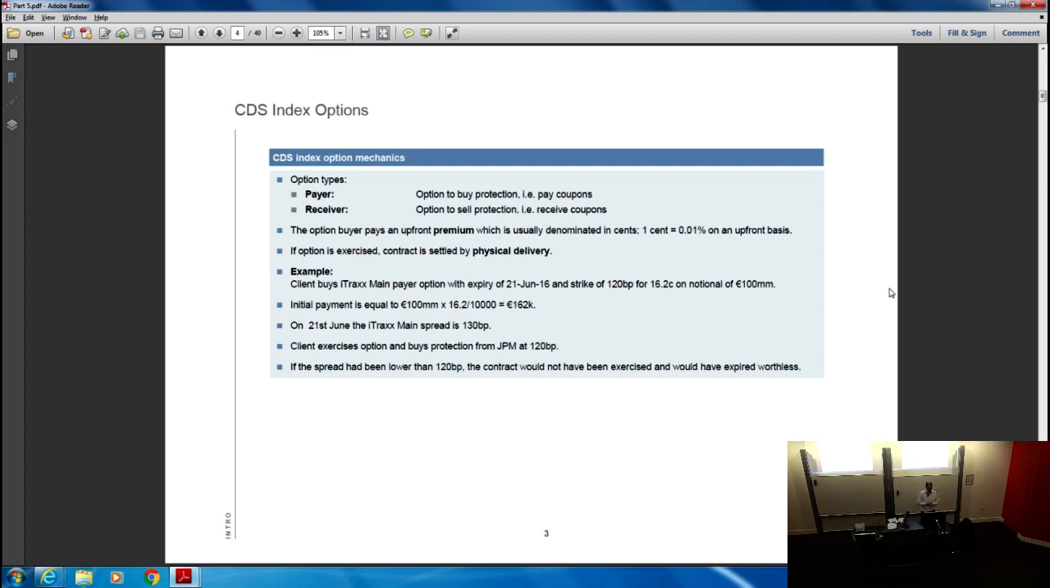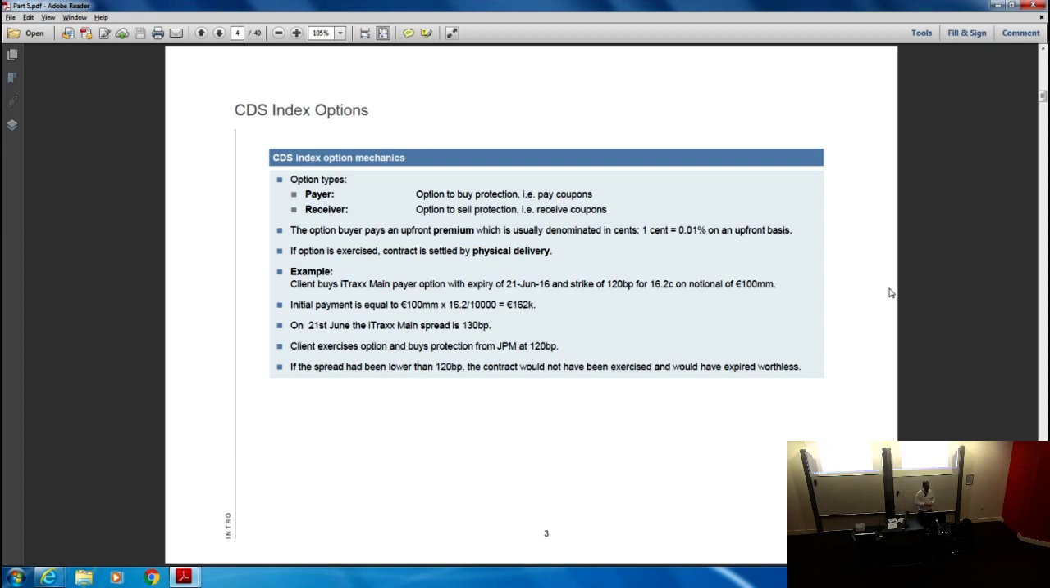So if we take an example, an iTraxx main payer option, ignore the dates, but let's say it's expiring in June of this year. Strike is 120 basis points, it's on 100 million notional, and the cost of that option is 16.2 cents. So in order to buy protection, it's going to cost you 16.2 cents of notional. What is the cost if you're doing a 100 million trade? 16.2 cents as an upfront amount gets you to 162k. So you will pay 162,000 today